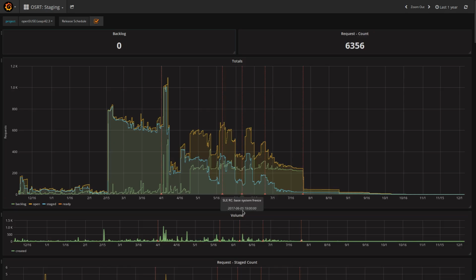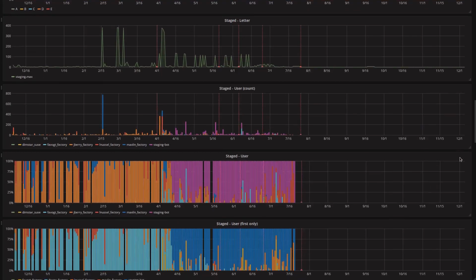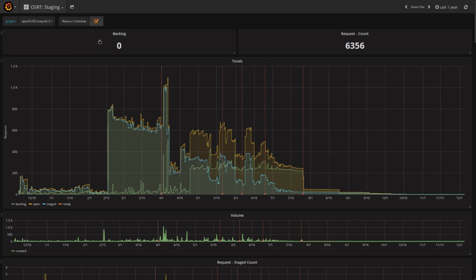And so you can see that there were some big accepts after some of these spikes here, and then the final release, poof, and all of them drop off. So those make sense. So now if we switch over to factory,